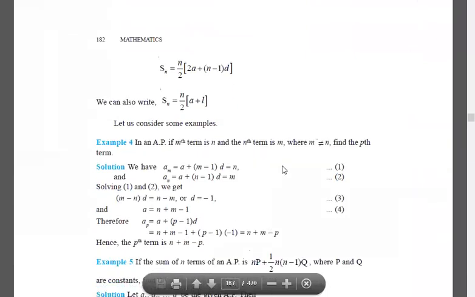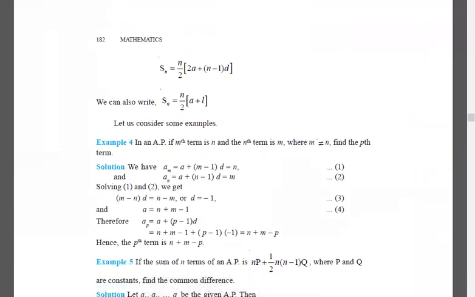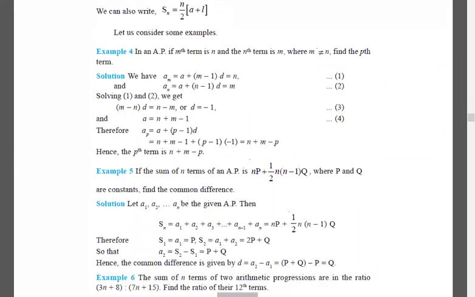So I will just skip AP. Can I skip AP? Because you can solve each and every problem of this exercise. Tell me guys, can we skip AP and just solve problems of GP? Or do you want to solve problems of AP? Because there won't be a single question that is not in your RD Sharma. If you're solving RD Sharma, then you can solve each and every problem. Okay.